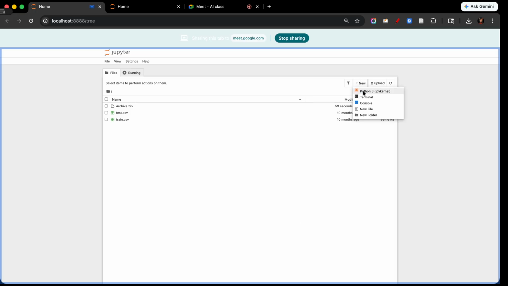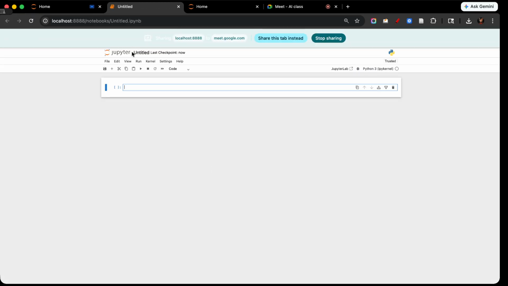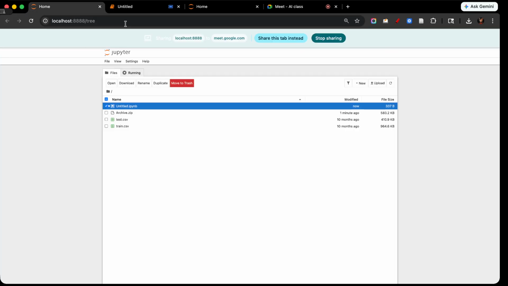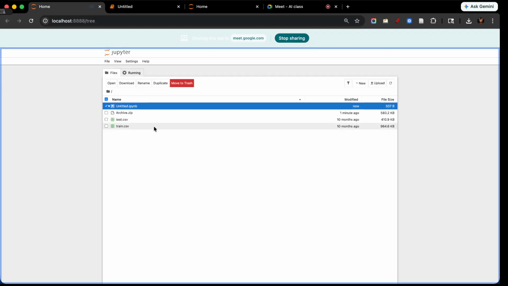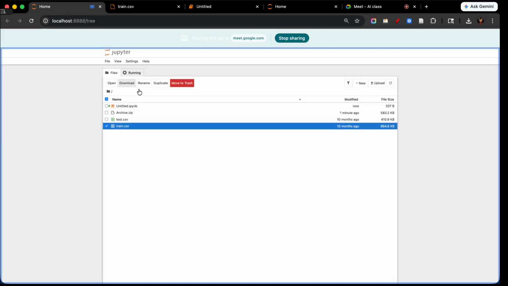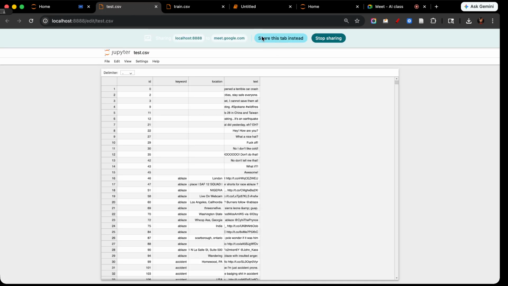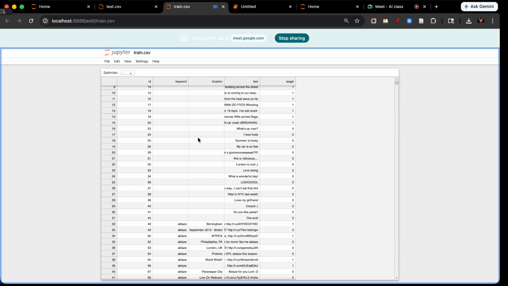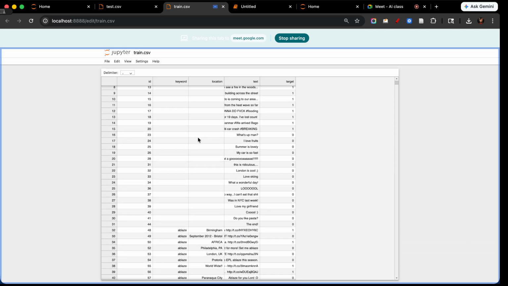Yes, ma'am. ठीक है. What we'll do is we'll do a classification project and इस project में basically हमें करना क्या है? We have two data sets here. Let me show it to you. One is train.csv and another data set is test.csv. So if I show you train.csv, basically इस data set में we have ID, some keyword, location details, and